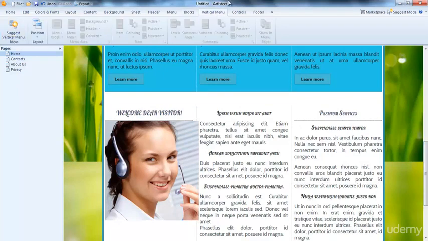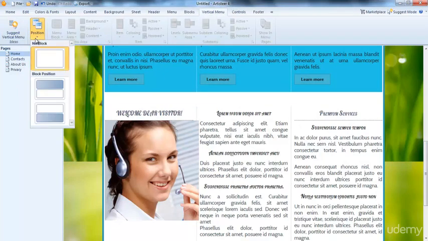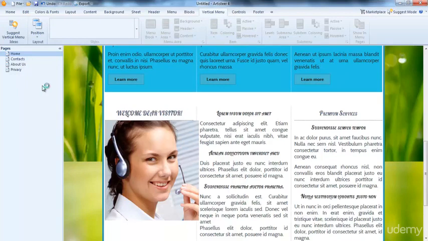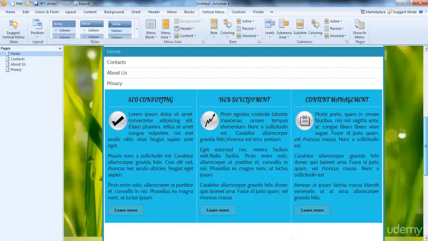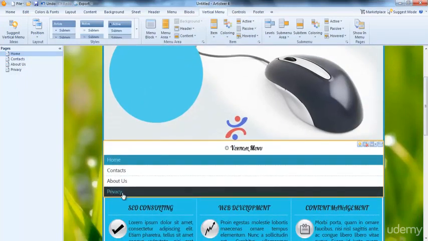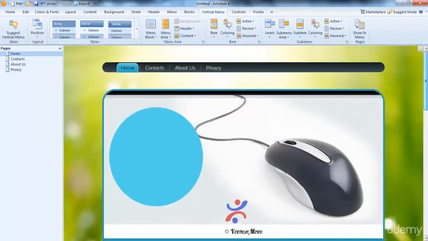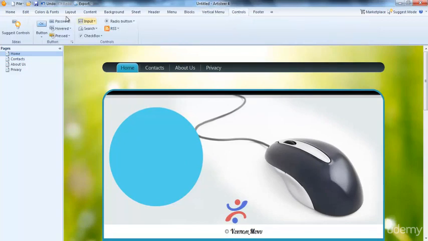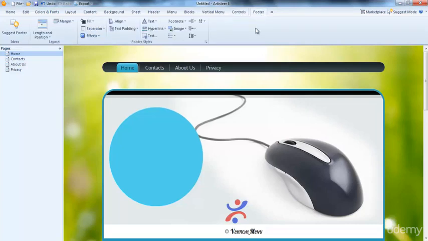You can also add vertical menu. I just want to show you. This is our menu. The controls. You can add buttons. And the last thing is the footer.